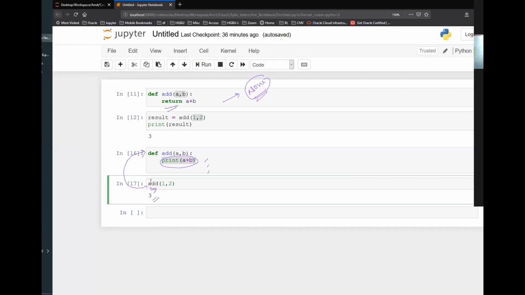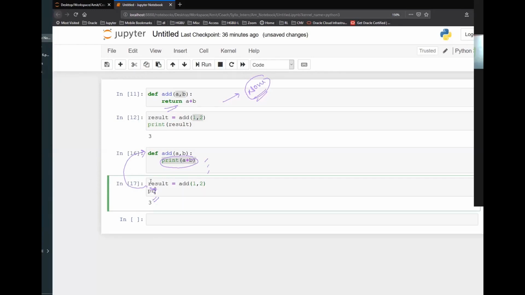If I say result equals add(1, 2), and then I say print(result), and also let me add some string over here just to highlight that.